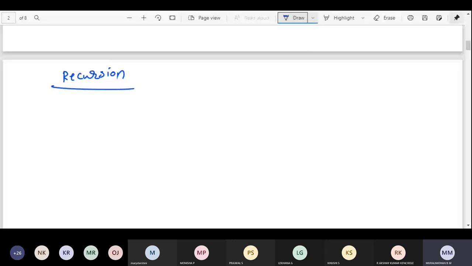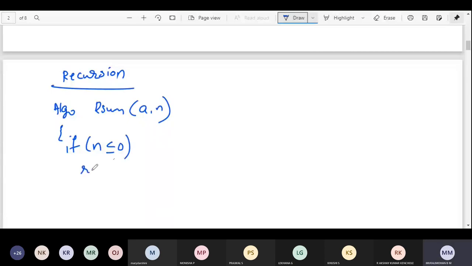Let us take one more example algorithm. RSum of a comma n: if n is less than or equal to 0, then we will return 0.